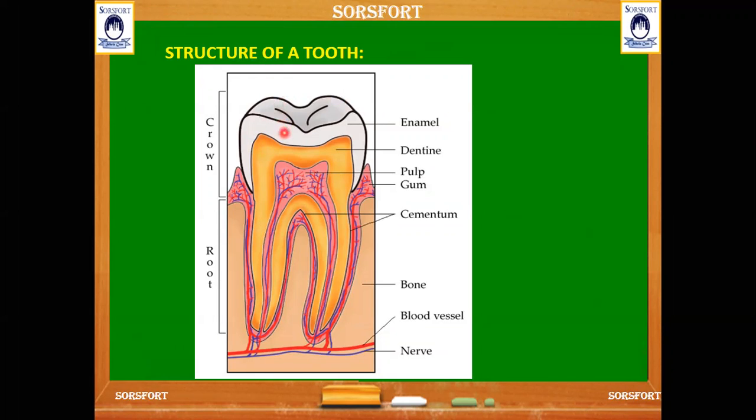And here come the tooth parts. The crown part is the part which we can see when we open our mouth, and which is used for us to chew our food. It is the visible layer of the tooth, and it is covered by a hard material called enamel. The white part which covers our tooth, we call the enamel, and it is the hardest coat of the tooth and it helps in protecting the tooth.